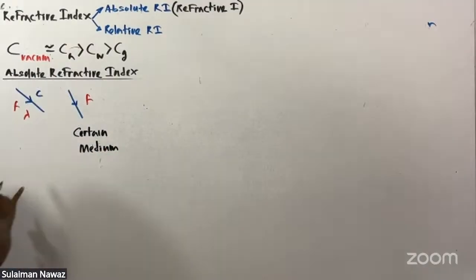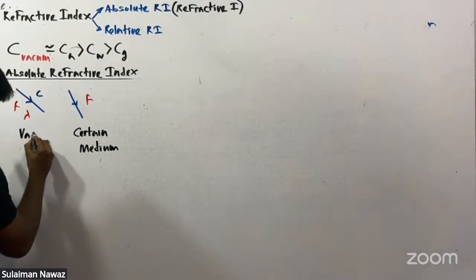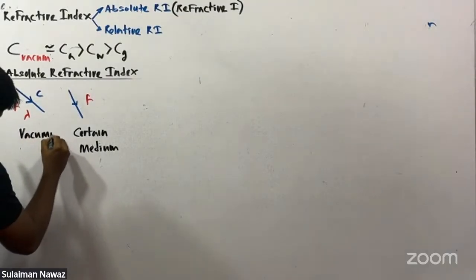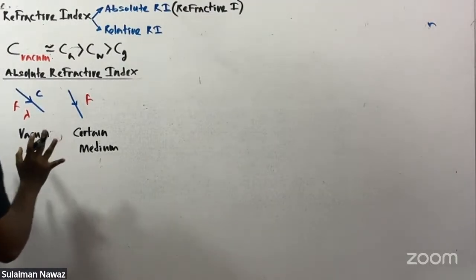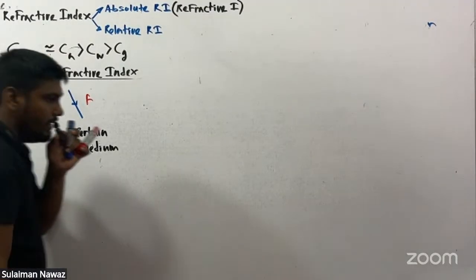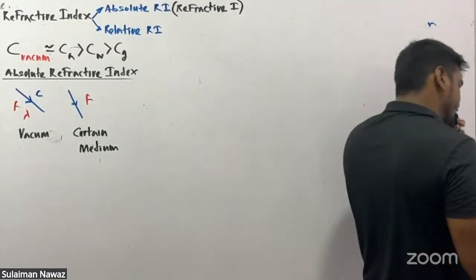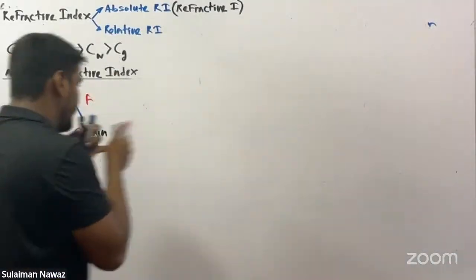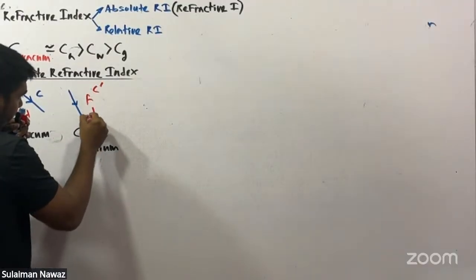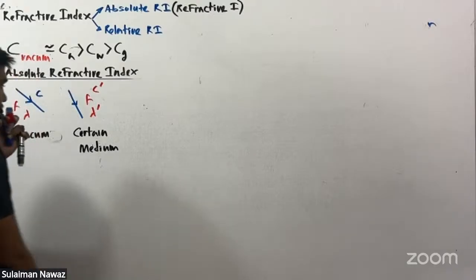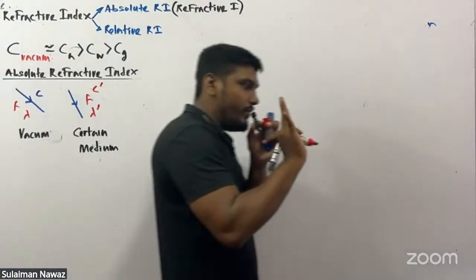Since the speed is different, the corresponding wavelength will change. We know this story. The wavelength will be lambda dash. Remember, absolute refractive index means